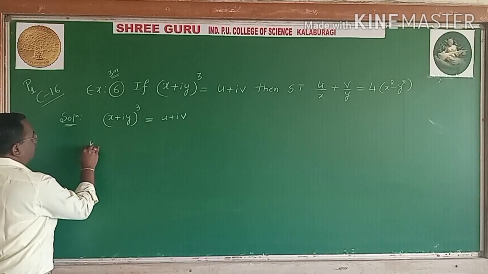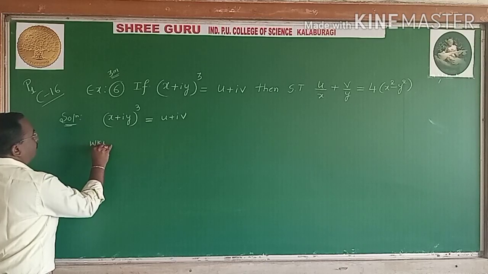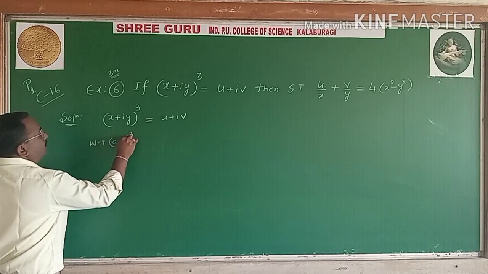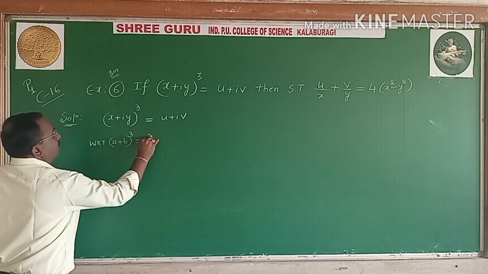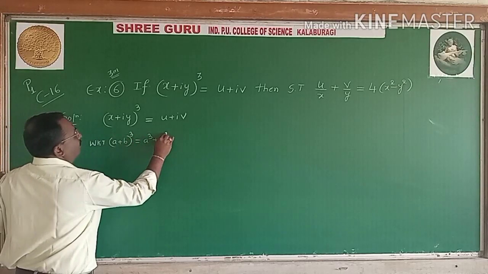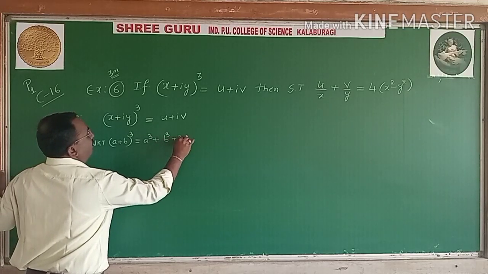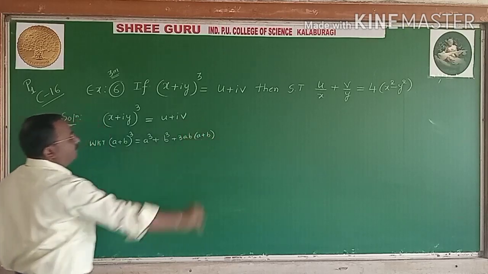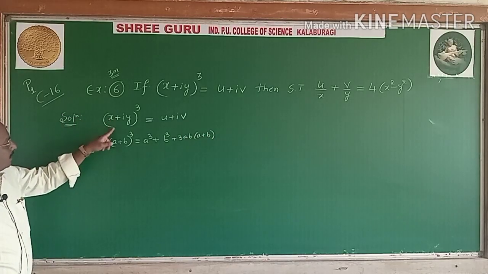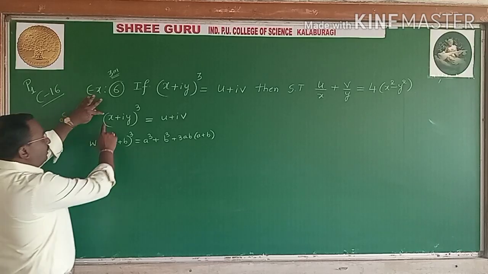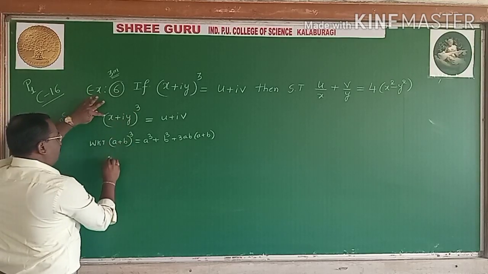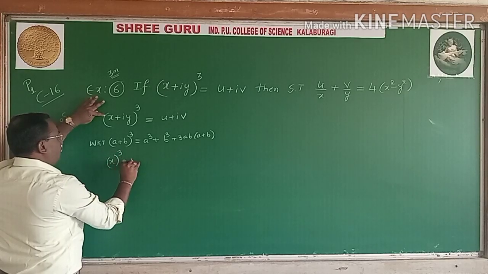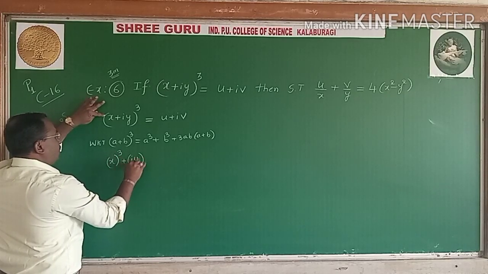We know that the (a + b)^3 formula is a^3 + b^3 + 3ab(a + b). This is the formula. Apply it with x as a and iy as b: x^3 + (iy)^3